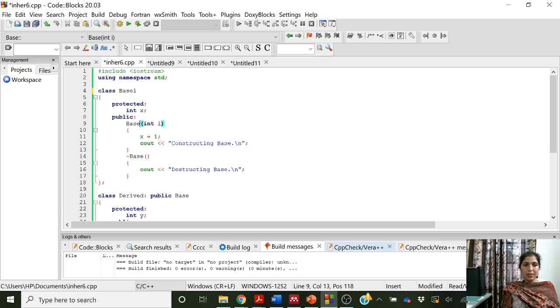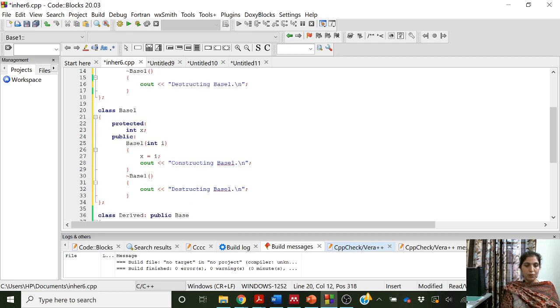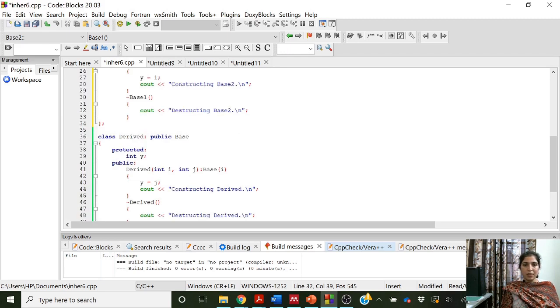So this is the base 1 class, constructing base 1, destructing base 1, and let us also create another base class, base 2, and here let us have variable y, and here base 2, y will be equal to the formal parameter I. So constructing base 2, here destructing base 2, and this is the derived class.